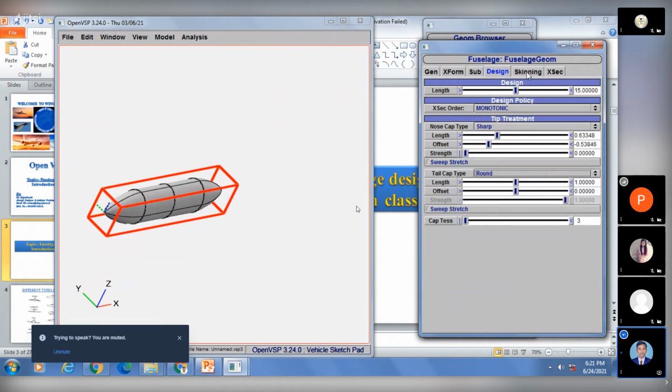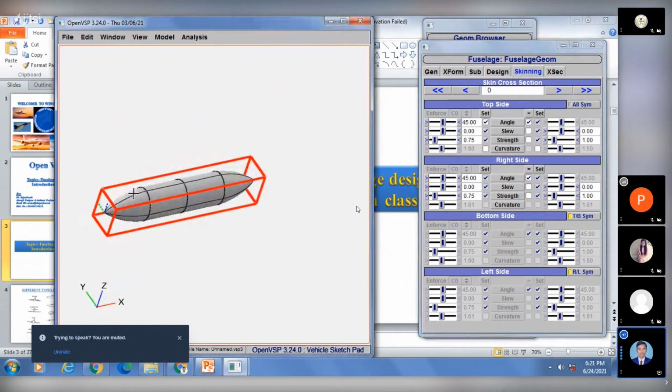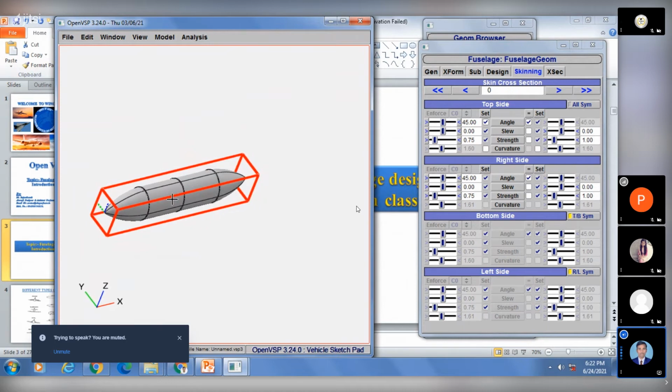And also we have skinning. By using this skinning, you can skin your model, in the sense you can smooth your model. Suppose you have given proper shape and proper length, which means now you are okay with your model. Now if you want to give smooth finishing, whatever model you got, let us consider it is 90% smooth, but not shiny. So if you want to shine your model or smooth your overall surface,